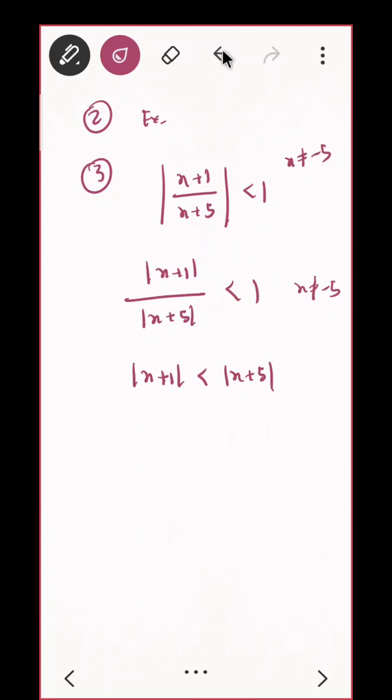अगर सुनो, अगर तुमको इधर ही से सॉल्व करना है तो तुमको इधर ही से you can take two cases. Case 1. Case 1 is when do you say that दो number का division is a positive number. Same happens with multiplication. Okay. When do we say product of two number is a positive number? Yeah, when both are negative or both are positive, that is also a case. Correct? Yes.